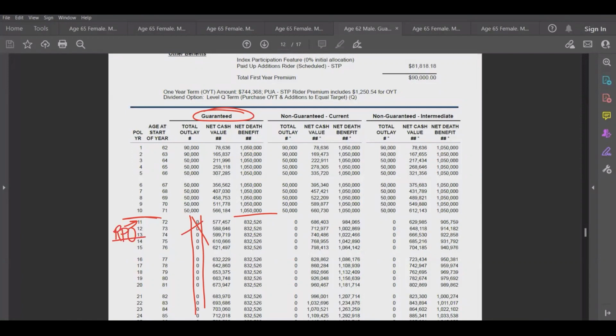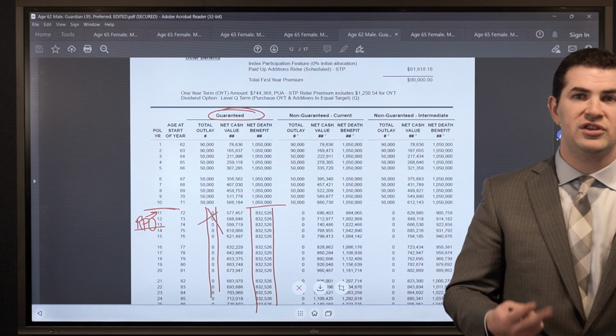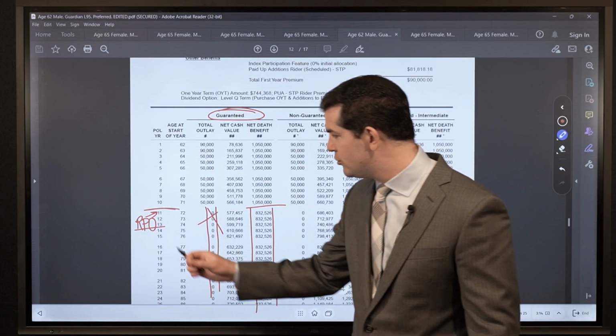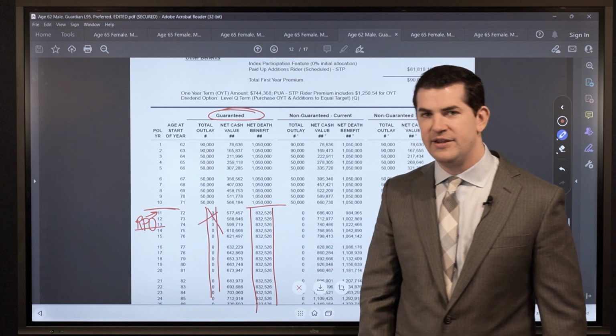Once we go reduced paid up, what happens with the death benefit? It doesn't go up at all based on the guarantees. If you're ever looking at the guaranteed values of a life insurance illustration and you don't have a 1-year term masking it, if you add PUAs, the death benefit will go up. If you pay just the base premium, or if you exercise a reduced paid up, the death benefit will not